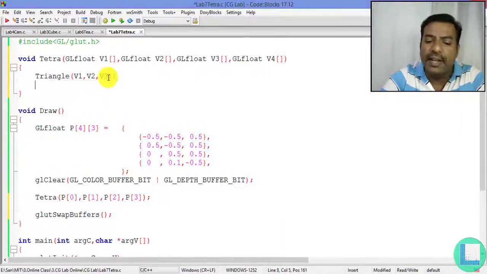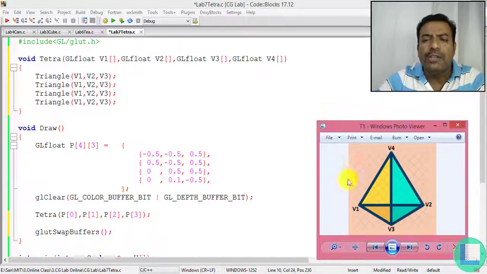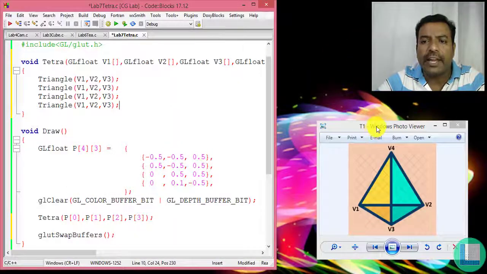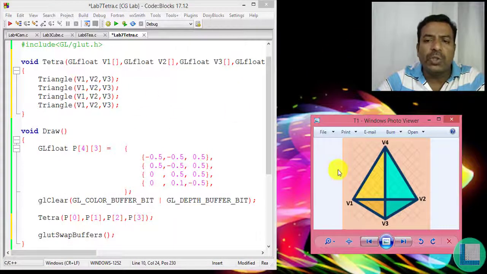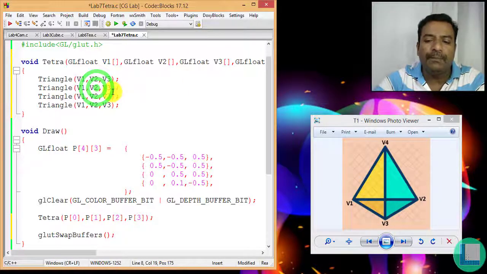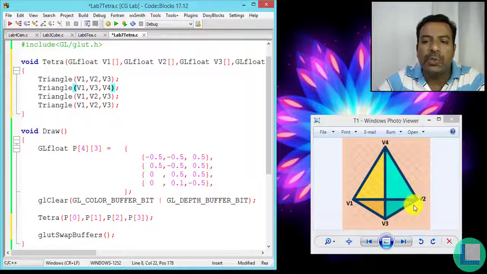Similarly I am going to have 3 more faces, which are again triangles. Now what points do I need to pass for this? Just observe. Let me minimize this so that it stays back here all the time so that I can refer. Fine. So the base is going to be v1, v2 and v3, and the next face can be v1, v3 and v4, and the next face is going to be v2, v3 and v4.